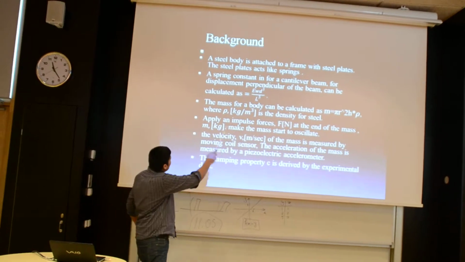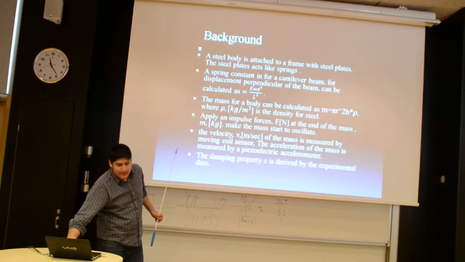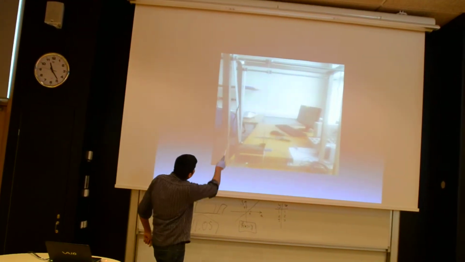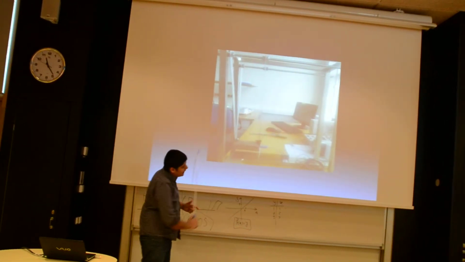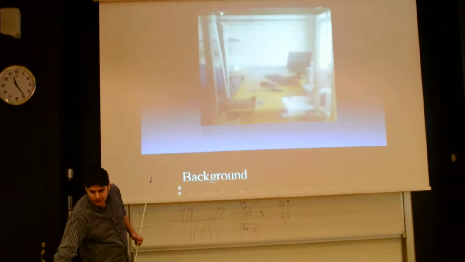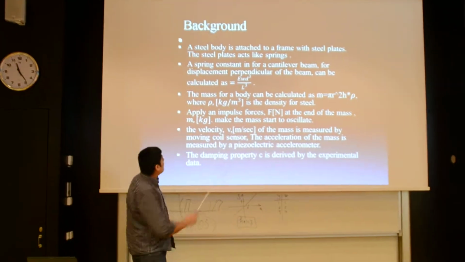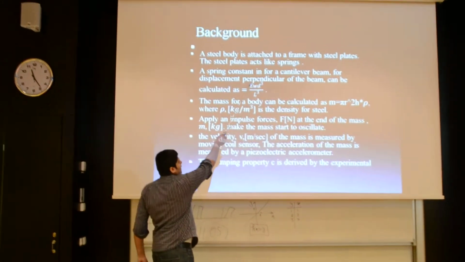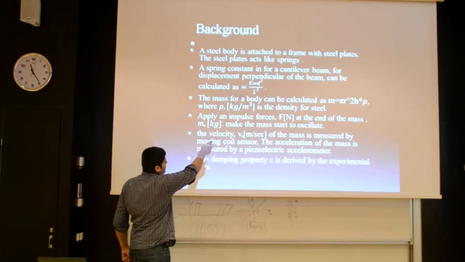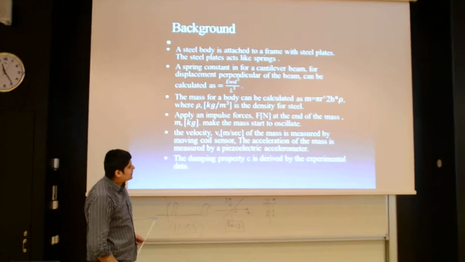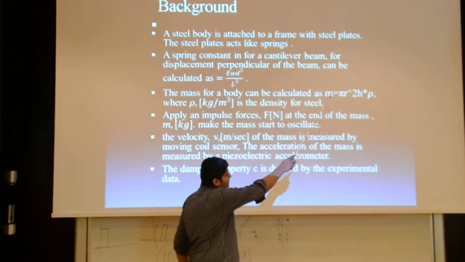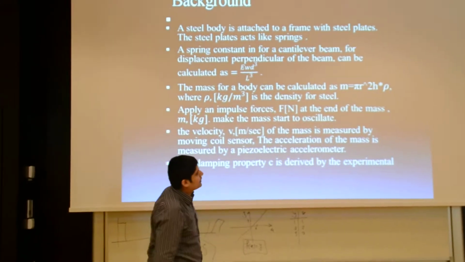The body is attached with a spring. This one is a diagram. This one is the mass, and that one is the plate, and the spring constant of the plate is proportional to the Young modulus, and we can calculate the spring constant from here. The mass of the body can be calculated because our mass is like a cylinder. We can calculate it from this